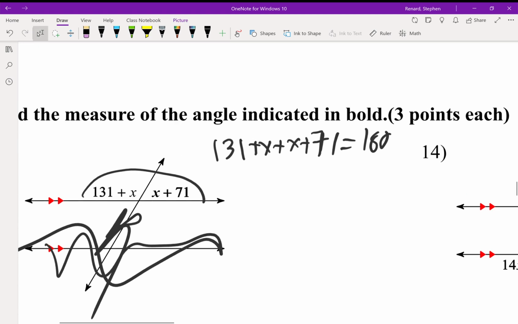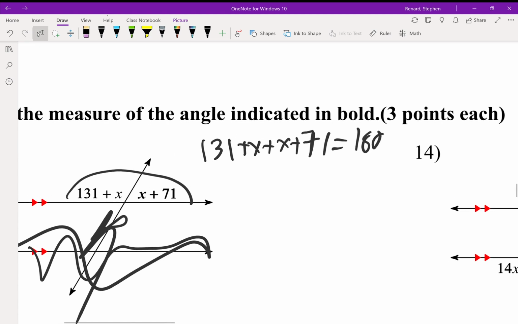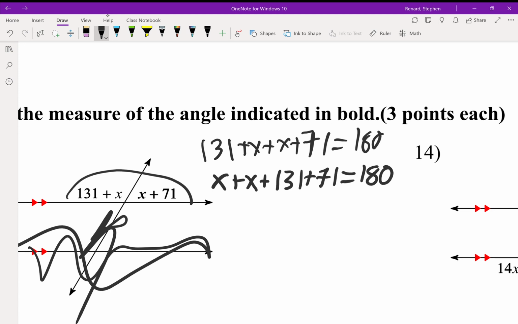So what I like to do in cases like this is I like to rewrite them by putting everything with like terms. It's going to give me 2x equals 202. That's not right. It's not equals. It is plus 202 equals